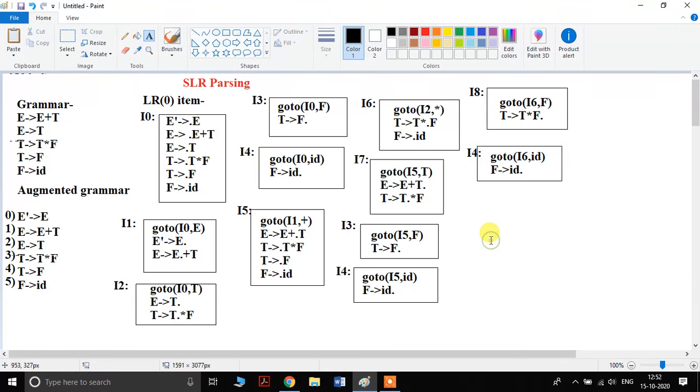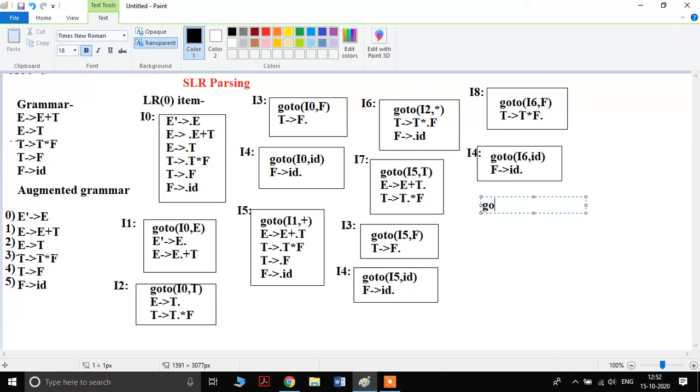Now we can perform goto on I7. Yes, we can, because there is a dot before the star. That's why we have to perform goto on I7. First we take I7, after that we take star. When we perform goto, the dot moves to the next position. Can we perform closure of F?